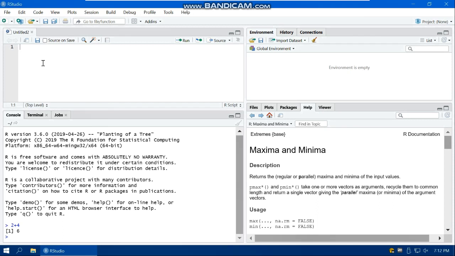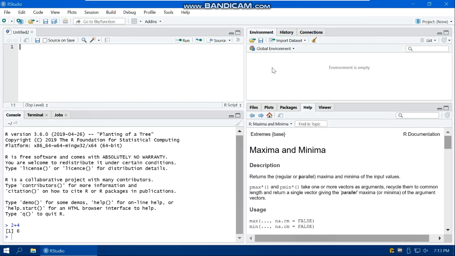One thing that you should notice is that you can always switch between the RScript editor and console using Ctrl+1 and Ctrl+2 on your keyboard. So you can switch between these two. That's the shortcut key between these two windows. So the next window